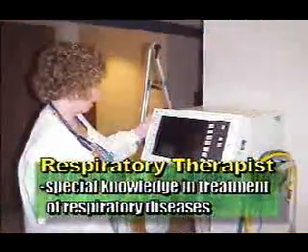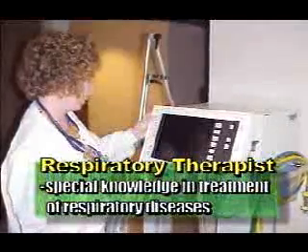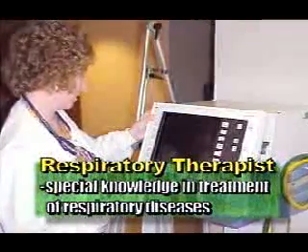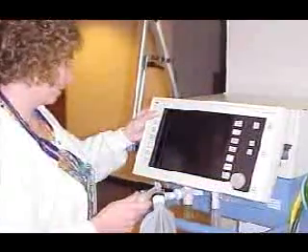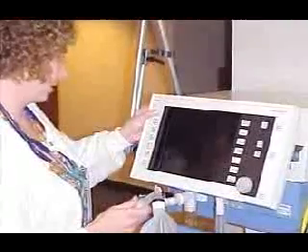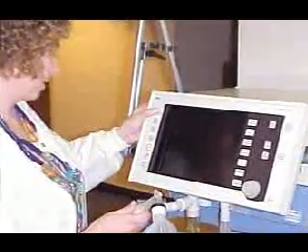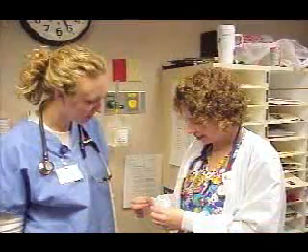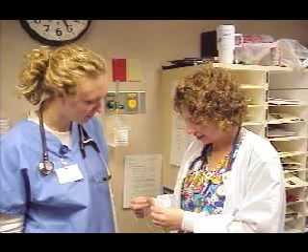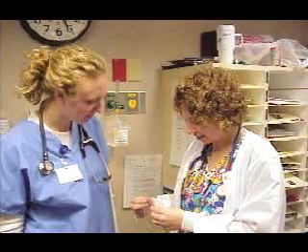Oxygen is a prescription item, which means that a physician needs to order it and provide the necessary means to administer it. A respiratory therapist is a healthcare professional with special expertise in treatment of respiratory diseases. He or she assesses the respiratory needs of the patient and makes recommendations to the physician for special treatments, medication, and oxygen therapy. The nurse and respiratory therapy hold the responsibility for setting up the oxygen equipment and